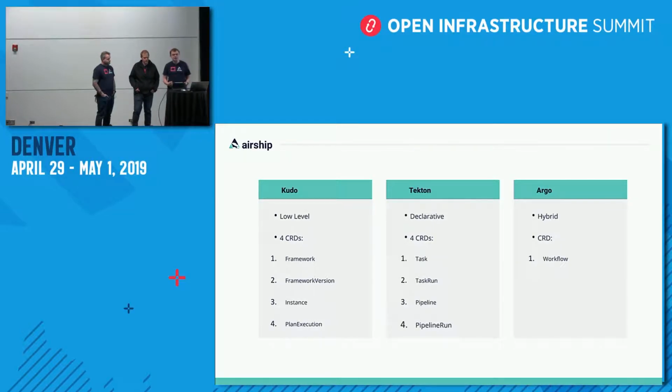And a pipeline run, which actually kicks off that pipeline. So rather analogous to a task run to a task. And additionally, there's a 5th CI/CD focused resource called a pipeline resource, which represents the artifacts such as Git repositories or Docker images that can be used as the inputs and outputs to a workflow.